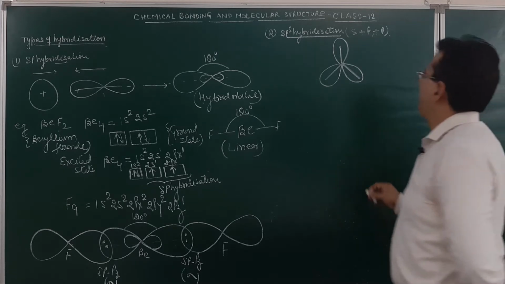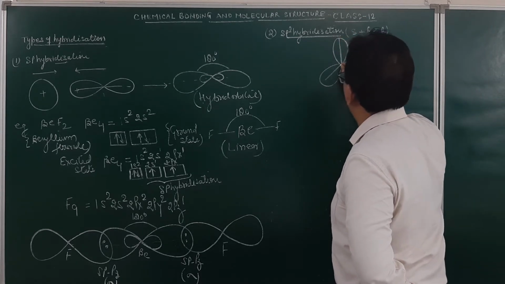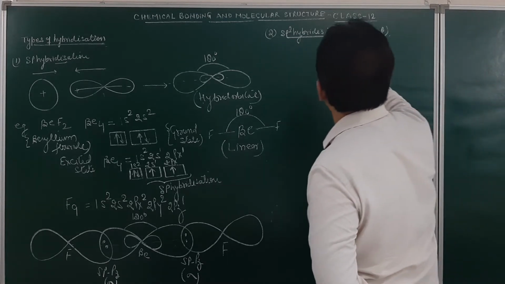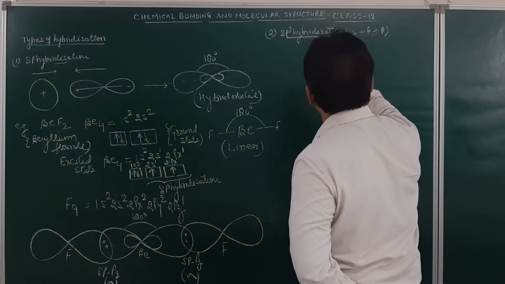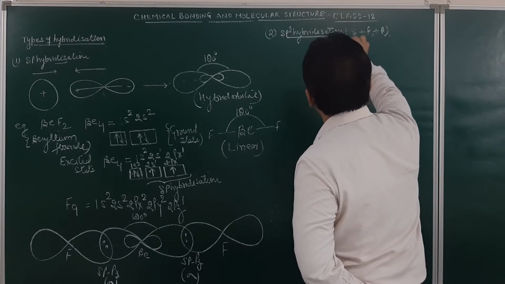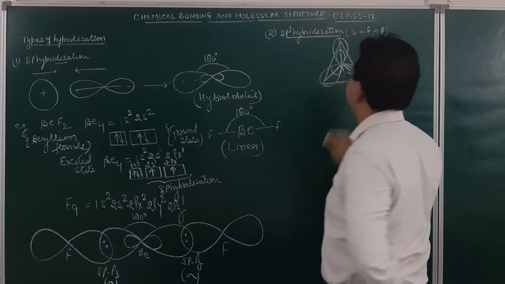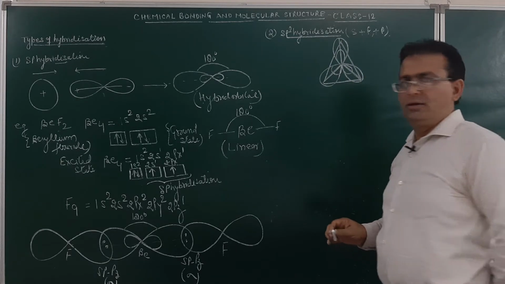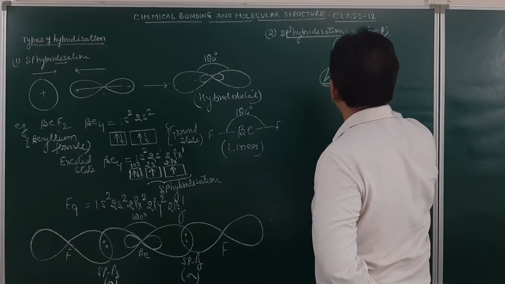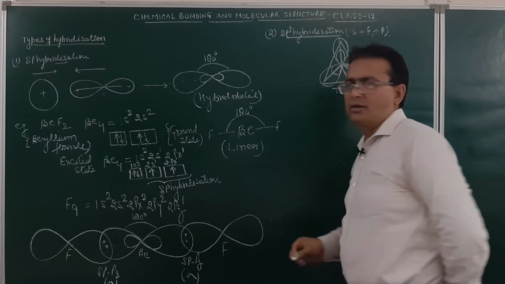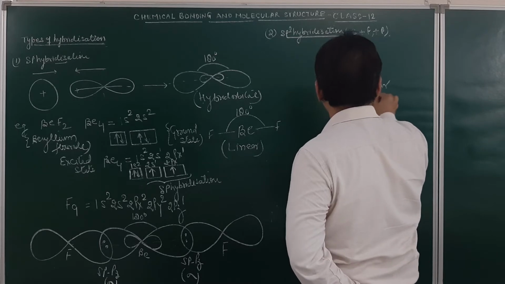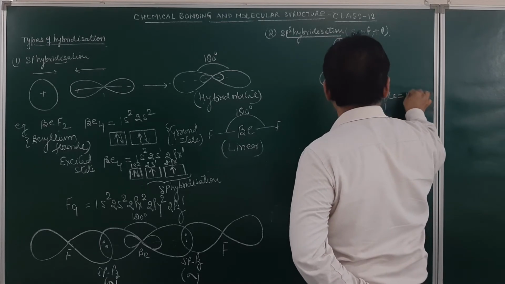Am I clear? Since these are hybrid orbitals, they will have lobes of higher and lower electron density. So this is how it will be formed. These are 3 sp2 hybrid orbitals. Am I clear? This will have a trigonal planar geometry. The bond angle over here will be equal to 120 degrees. What will be the bond angle over here? This will be equal to 120 degrees.